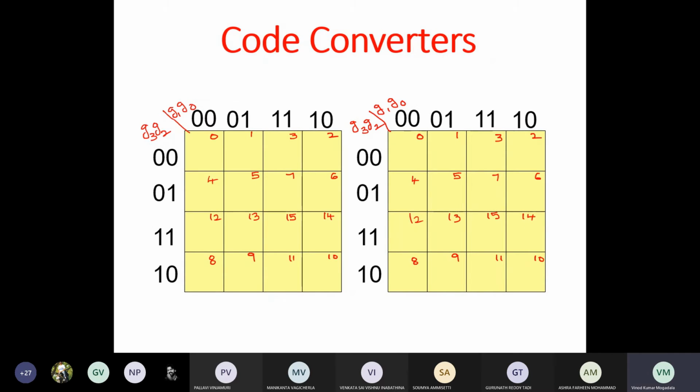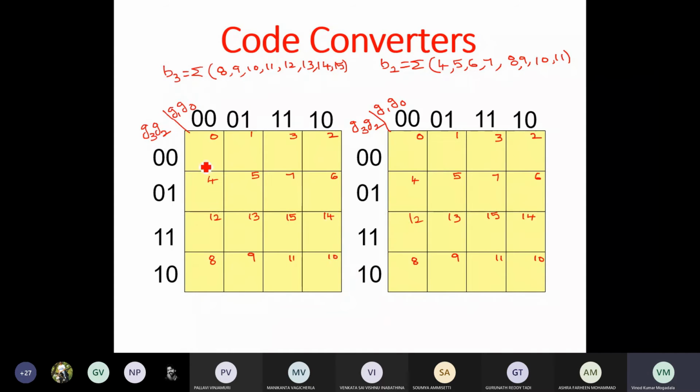Now write the corresponding functions. First we will write for B3. For B3, the corresponding minterms are 8, 9, 10, 11, 12, 13, 14, 15, right? And for B2, it is 4, 5, 6, 7, 8, 9, 10, 11.